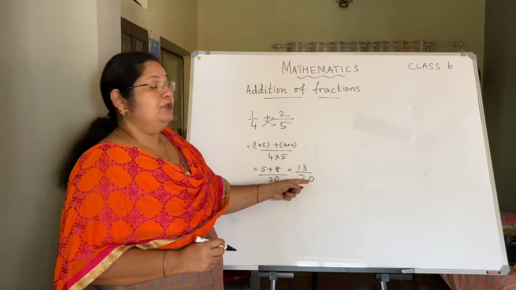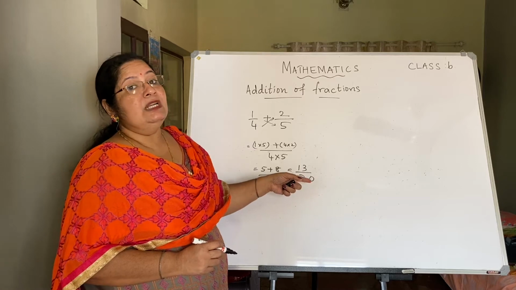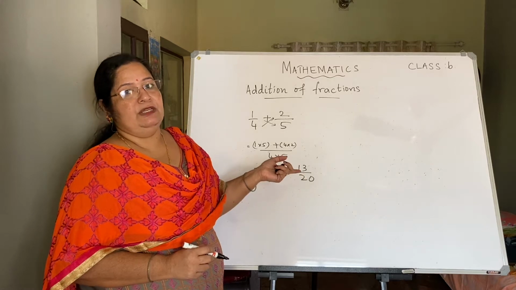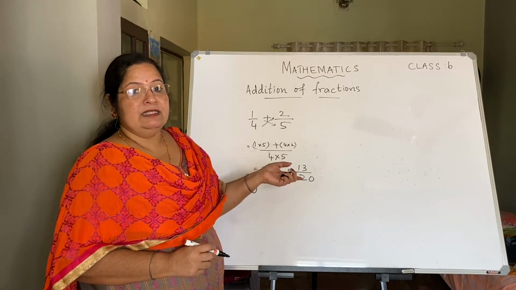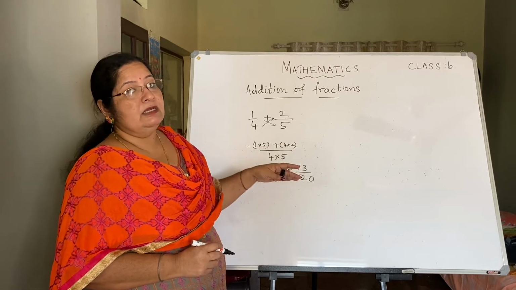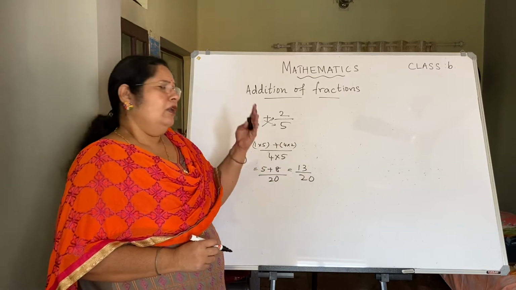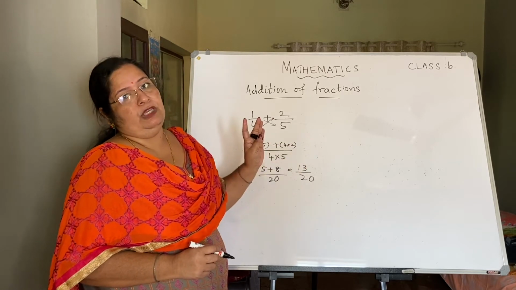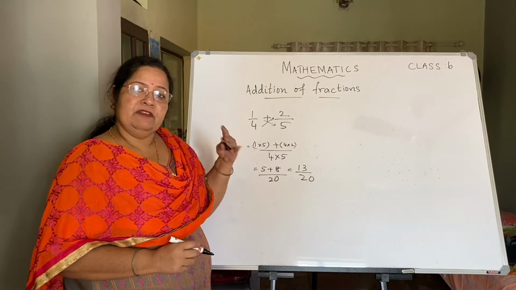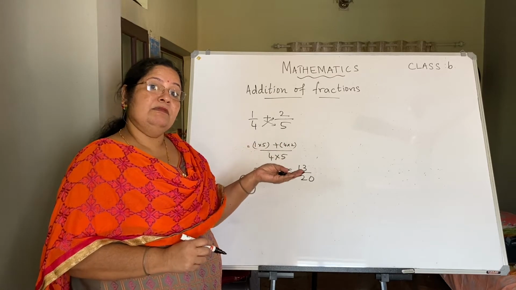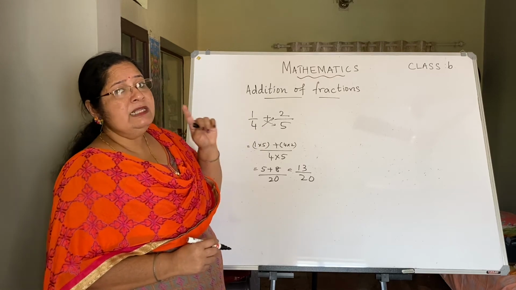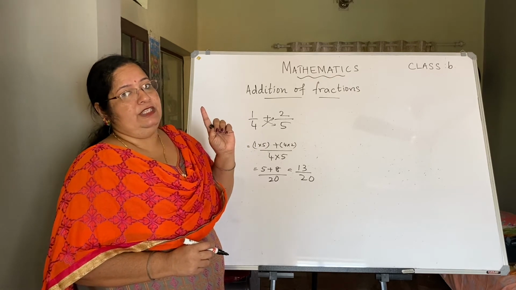Now in case you get the sum as a fraction which can be reduced to the simplest form, then go for that simplification. We have learned how to write it in the simplest form, or reducing it to the simplest form. So in case it is not in the reduced form, you can go for the reduced form, or if you write it in this form also, it is okay. So how did you find the sum of two fractions? This can be applied even for like fractions, but for like fractions we have learned a much simpler way, simpler than this method. That method is applicable only for like fractions.